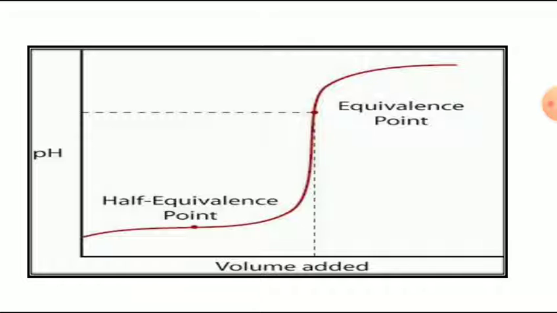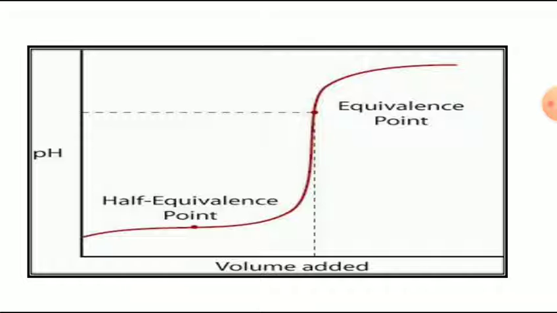At that time the pH range will be steady, but when we add extra base solution, the volume of NaOH solution from the burette into the acidic solution, then the pH of the solution gradually increases. At the time of reaching the equivalence point there is a sudden increase in the pH, and again the pH value will be steady. Then we will get the S-shaped graph of this pH metric titration. Okay, this is the plot or the graph of pH metric titration.